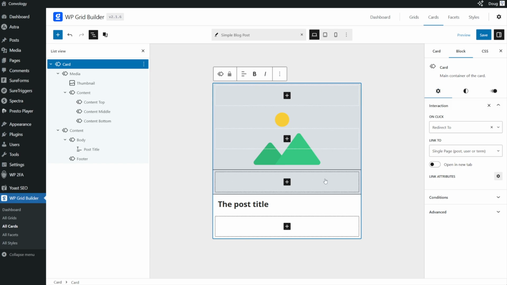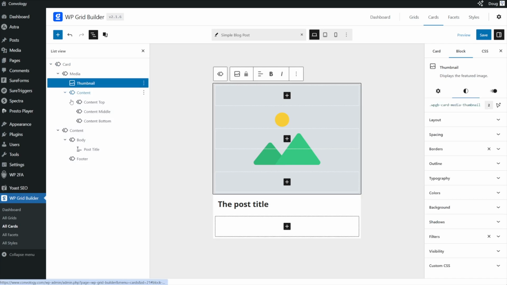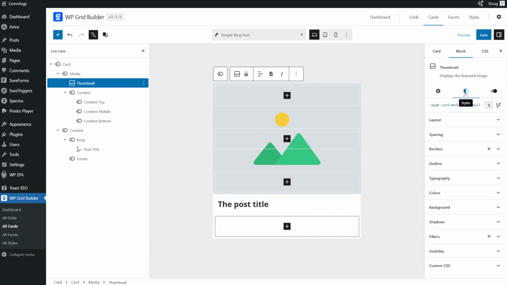If someone clicks anywhere on it, I'm going to redirect to the single page, which is basically the post or the term or whatever it is that you're showing inside of your grid. So if this were my tutorial grid, if they click anywhere on the card, it'll take them to the related tutorial. Now let's go ahead and reselect our thumbnail here, and we can go over to the right-hand side under